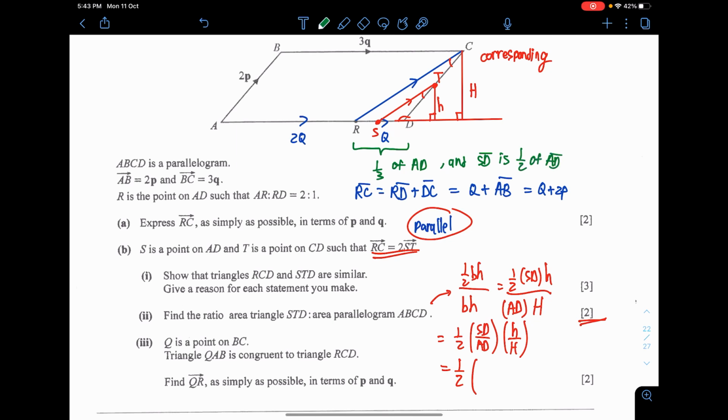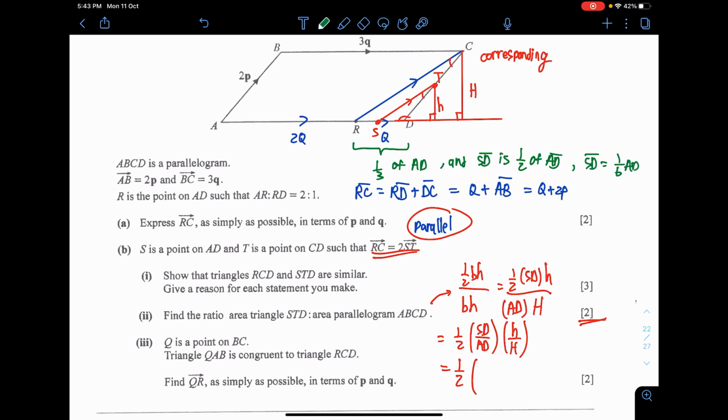Which means, how about SD then? If I put SD in terms of vectors, SD is half of 1/3 of BC, of AD. That is 1/6 of q. No, 1/6 of AD, sorry, my bad. Meaning this is just half q. I could just put half q in the beginning. Why bother so much? It's just half q. Wait, I don't think that is actually better. The best way to write it here is just 1/6 of AD.